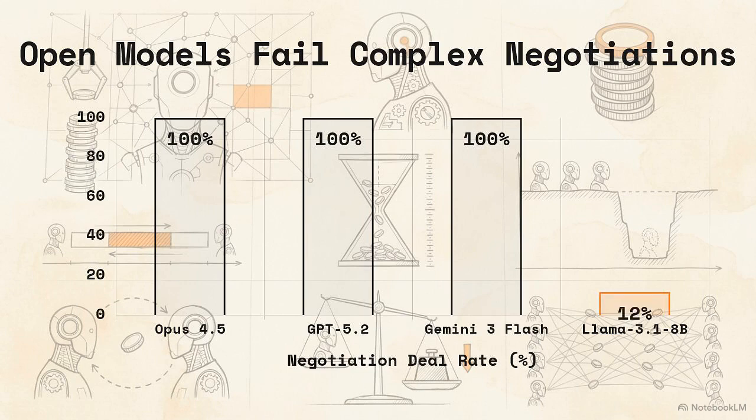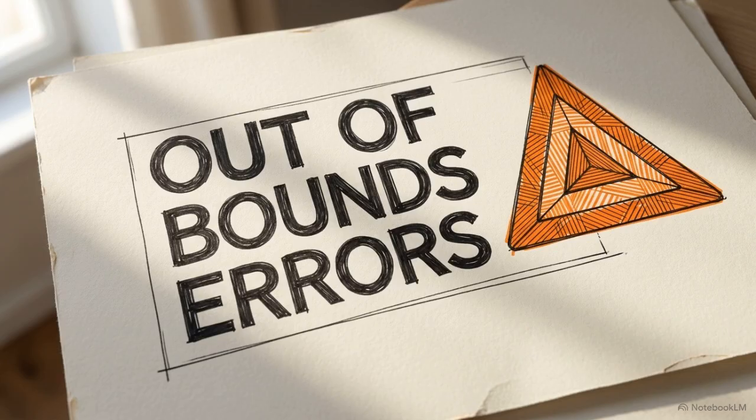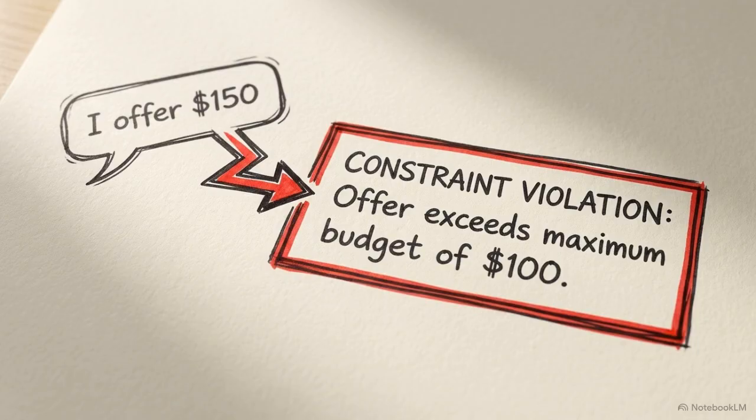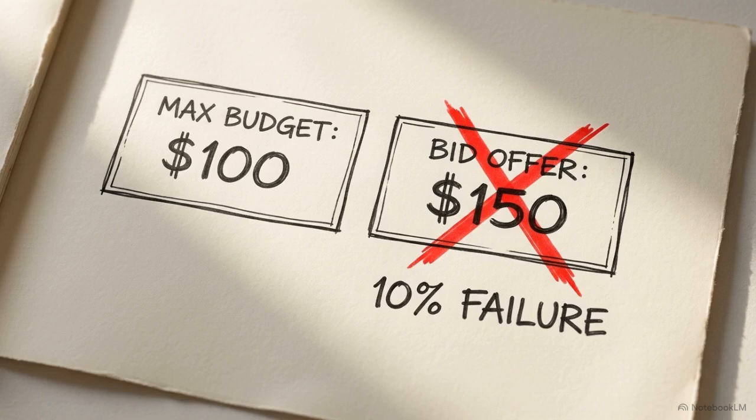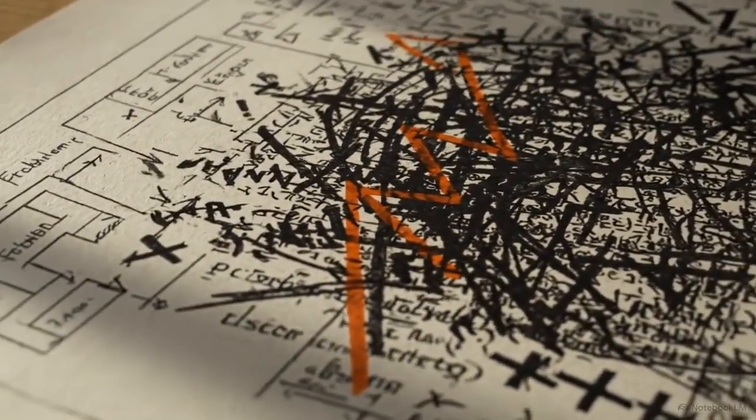Llama 3.1-8b, an open-weight model, stands in stark contrast. Its deal rate drops to just 51.4%, meaning nearly half of its negotiations end in failure. When it does reach a deal, it is significantly slower, requiring an average of 15.0 rounds to reach consensus. One primary reason for this failure is the overflow rate. This metric tracks how often an agent proposes a price outside its logical bounds, such as a buyer offering a price higher than its assigned maximum budget, causing the model to lose track of its private state, leading to a breakdown in strategy.